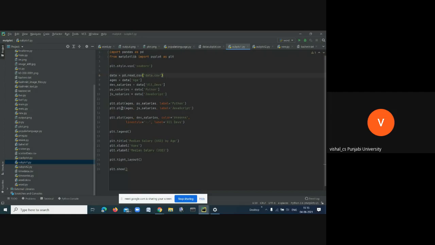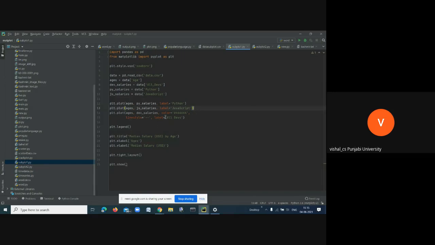Now you can see here I am using 3 plot objects. What does this mean? Anybody? Himani? What does it mean that I am using 3 plots here?